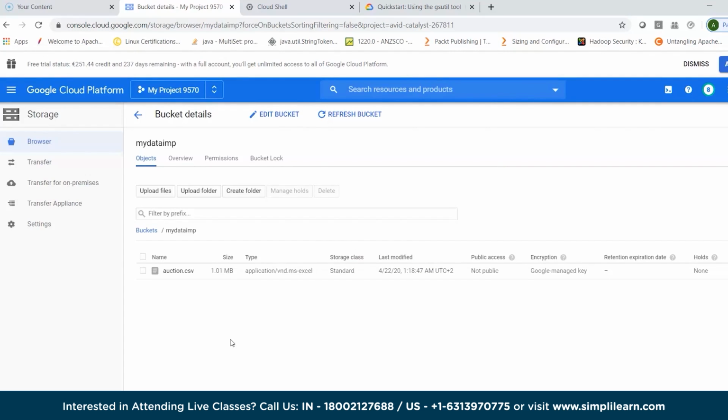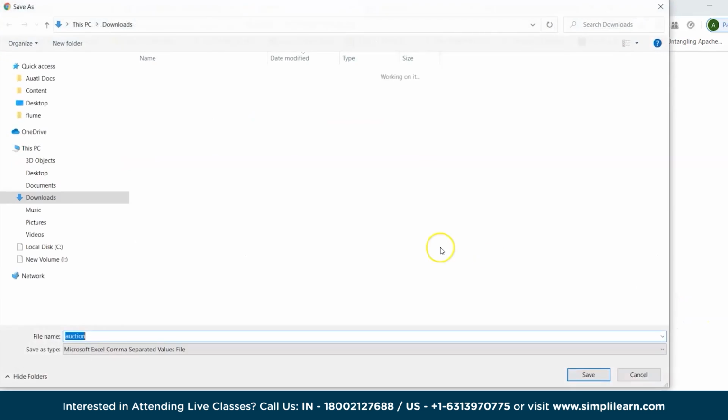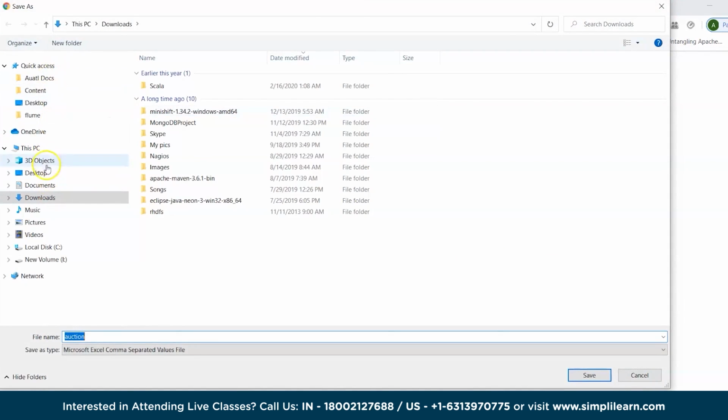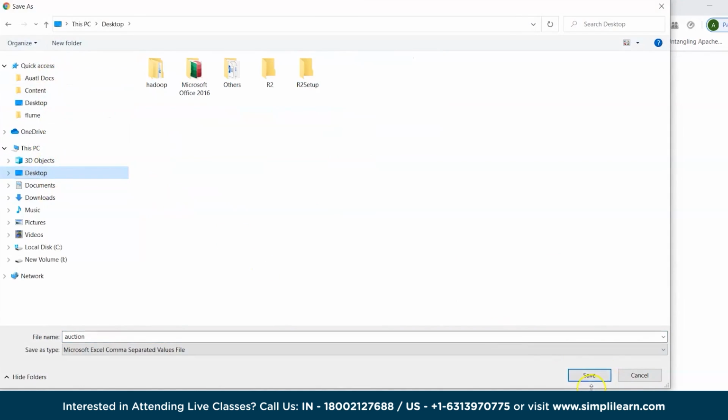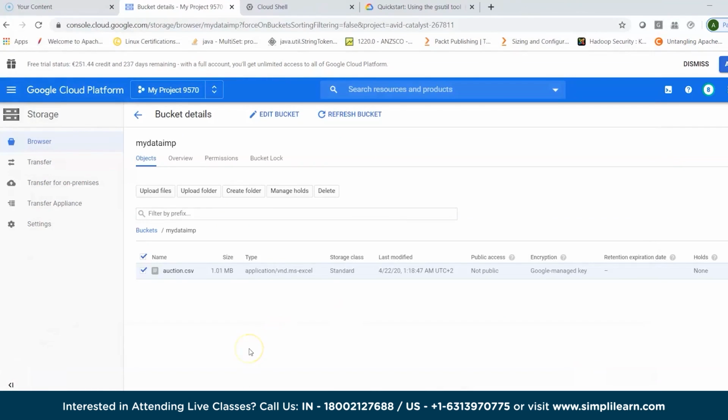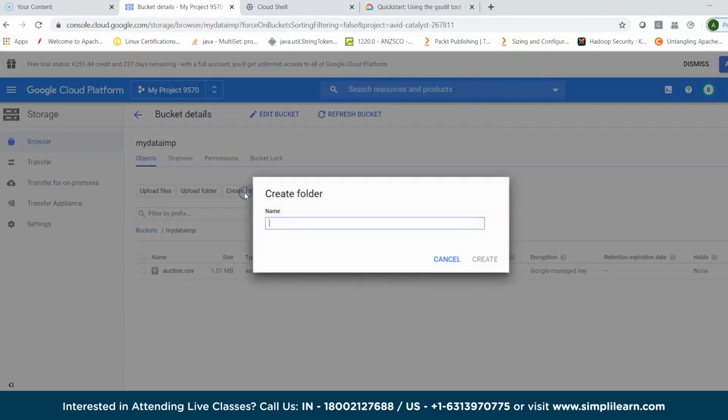Now what we can also do is select this and delete it. I can also create specific folders and then load data into them. I can click on this one, do a download, and then download it anywhere on my machine. So let's go to desktop and download this file. So we not only uploaded some content in the bucket, but we also downloaded it in a different location, which will be accessible. Now, what I could have also done is create a folder here